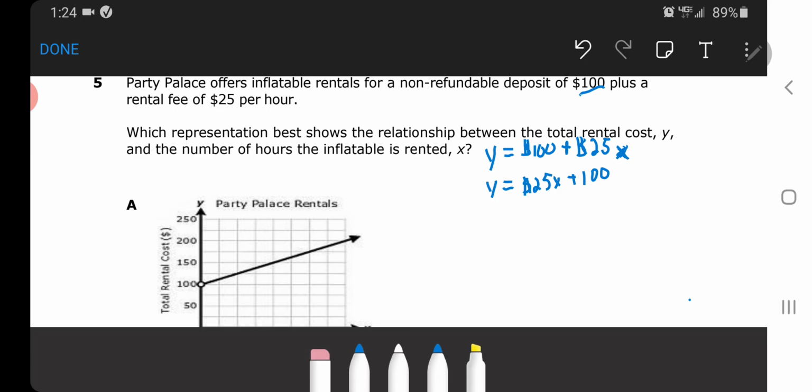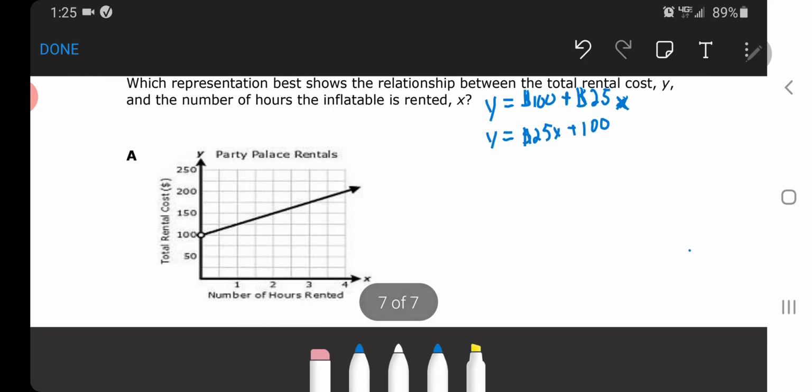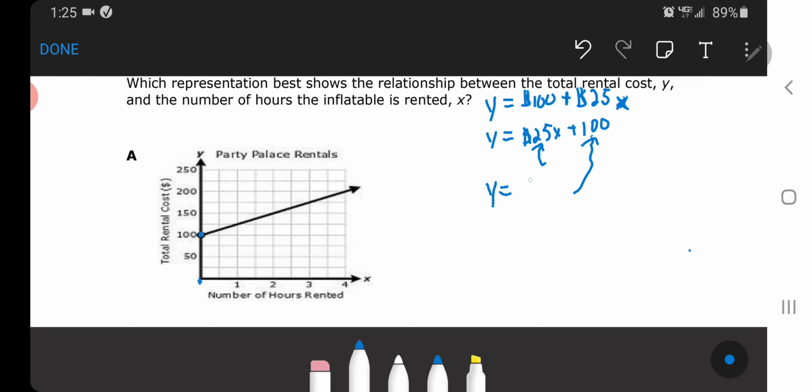All right, so let's look through here real quick. Might be pretty easy. All right, so we do see that our y-intercept's 100. So when x is 0, we need to start at 100. So x is 0 here. Our y value is 100, so that checks out. All right, and then we're going to change by $25 every time. So for example, when x is equal to 1 or 1 hour,